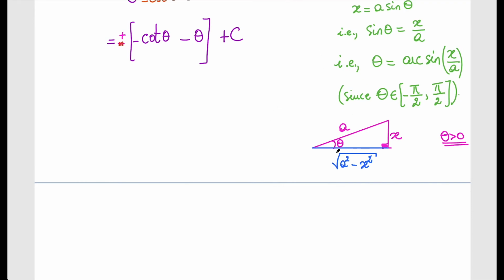Alright, so once I have this situation, now what's cotangent of theta? What's the definition of cotangent based on right angle triangles? Cotangent of theta is simply the adjacent over the opposite, right? The length of the adjacent divided by the length of the opposite side. So this is then equal to, so now we know it's a plus sign, right? So plus